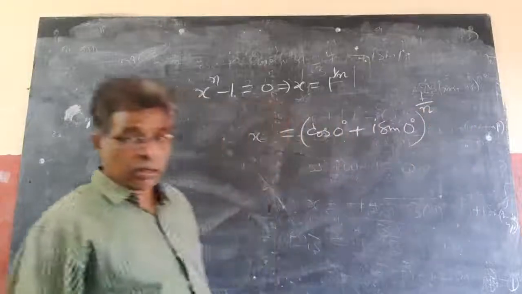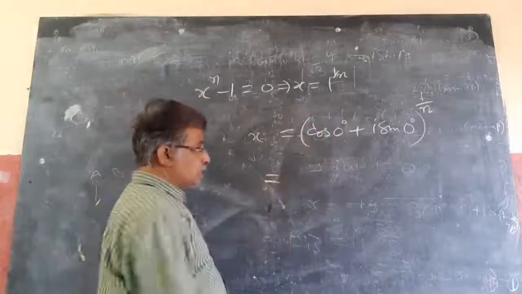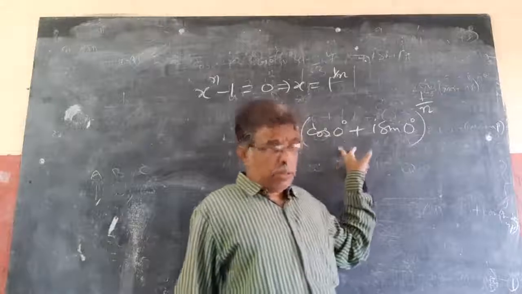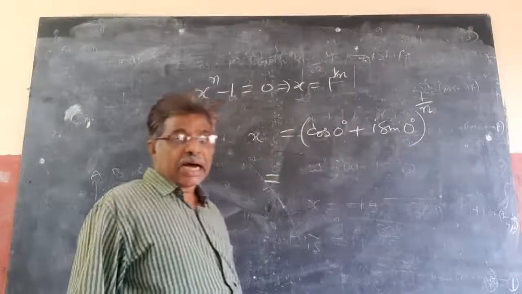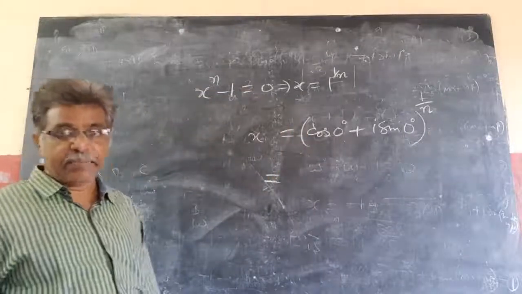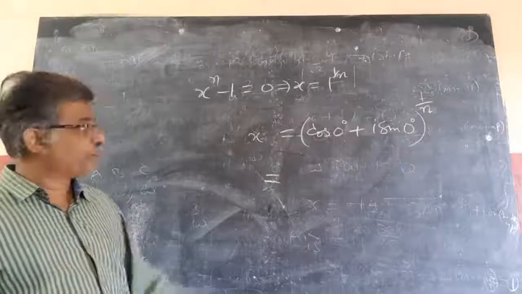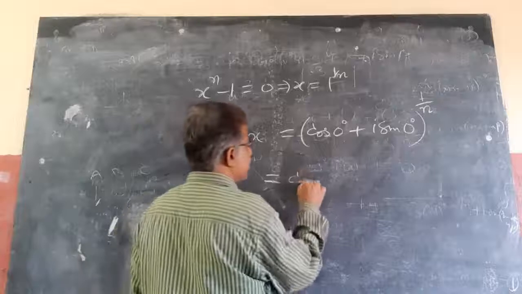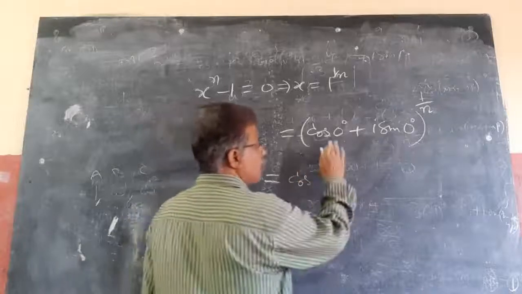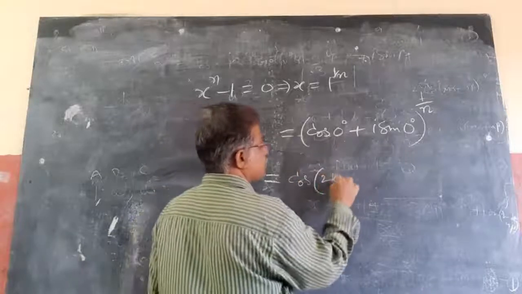Whole power 1 by n. Now according to De Moivre's theorem, this I can write as cos of (2kπ + θ)/n plus i sin of (2kπ + θ)/n. De Moivre's theorem, we discussed this property. So cos of 2kπ,